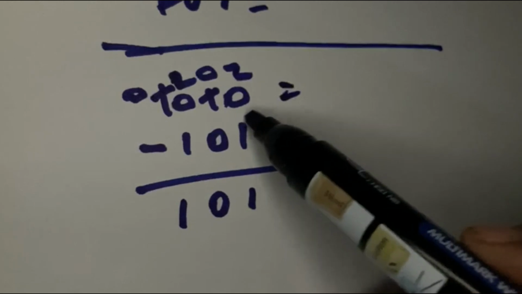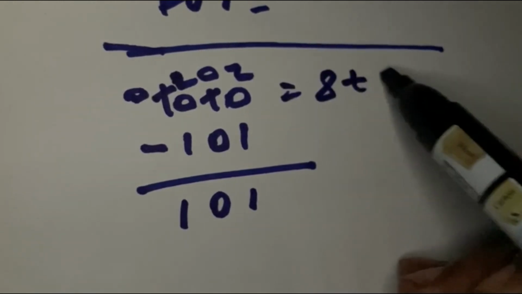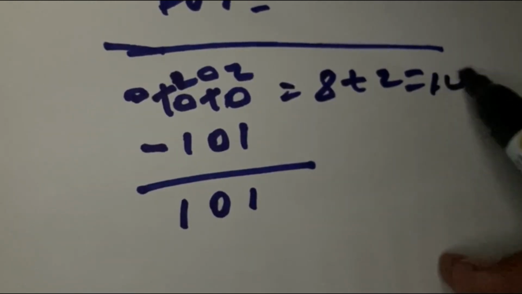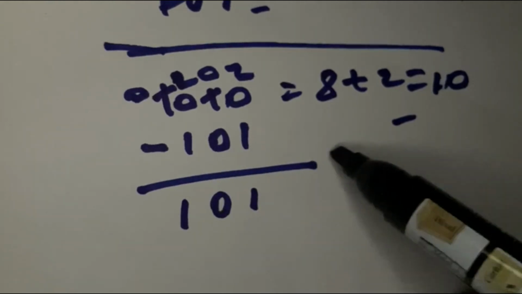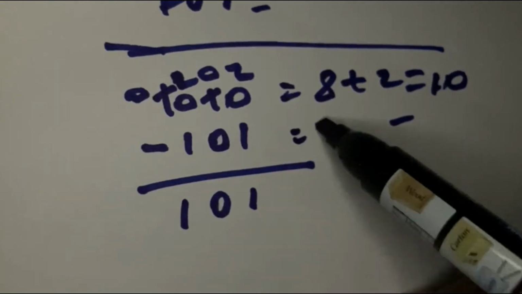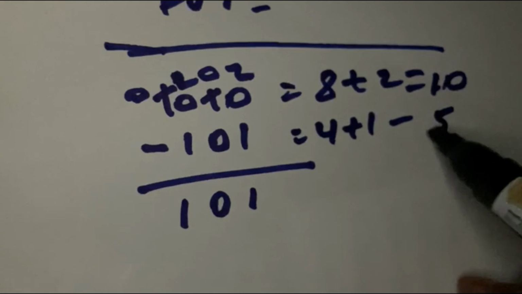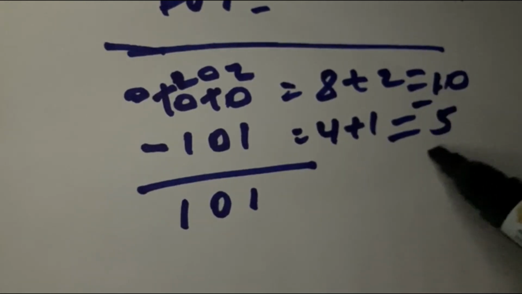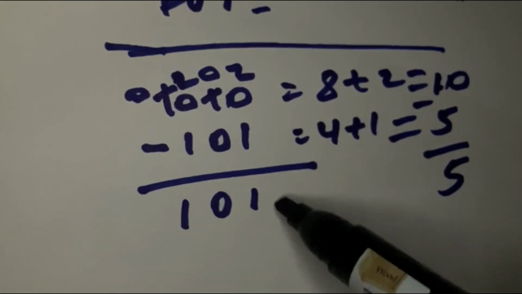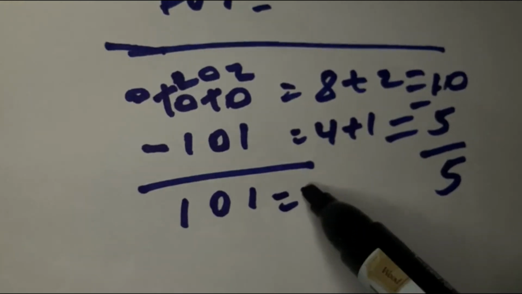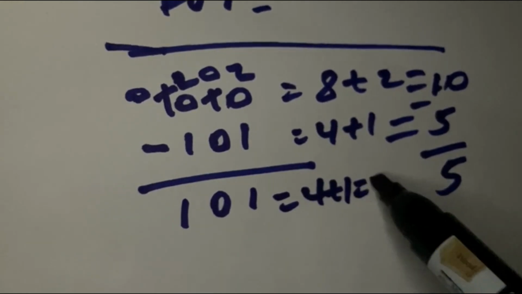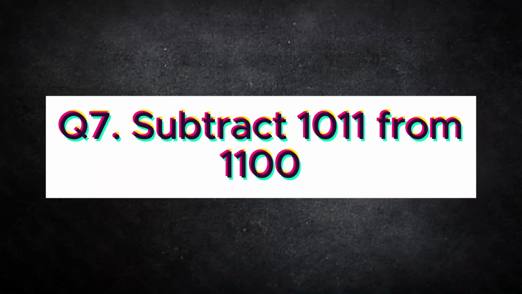So to make sure, 1 0 1 0 is 8 plus 2, which is 10, minus 1 0 1 is 4 plus 1, which is 5. Therefore 10 minus 5 is 5, and this binary digit is also 4 plus 1, which is 5. Next example. Making many examples makes you perfect, as I say, practice makes perfect, so for the sake of practice, let's do